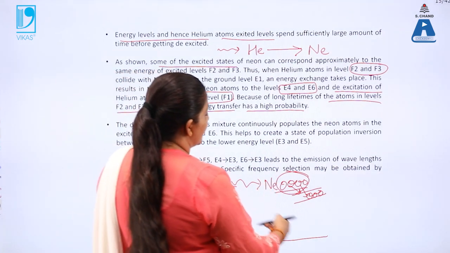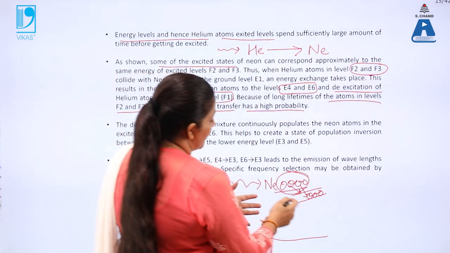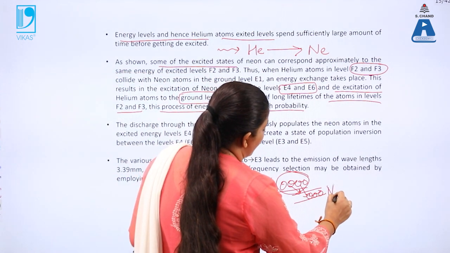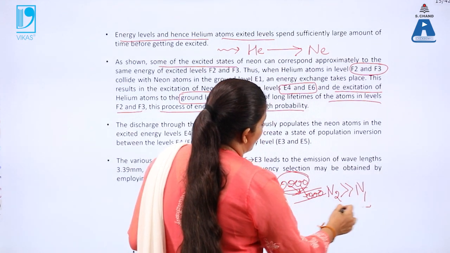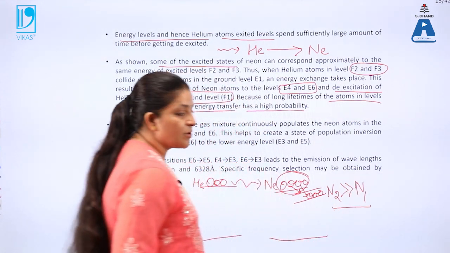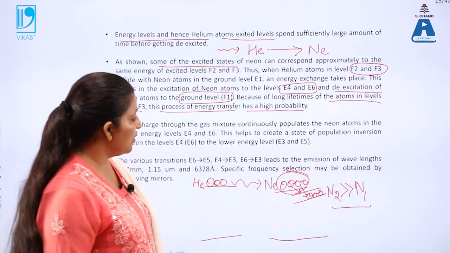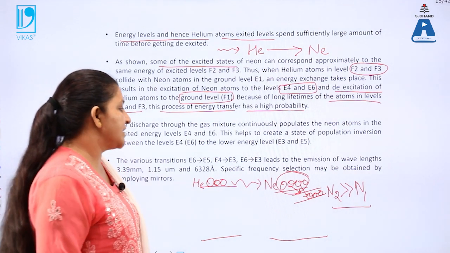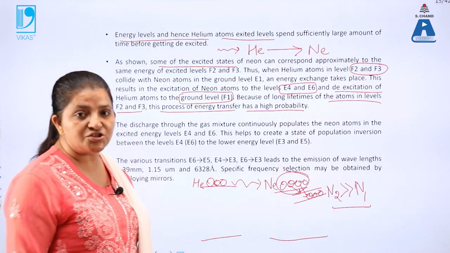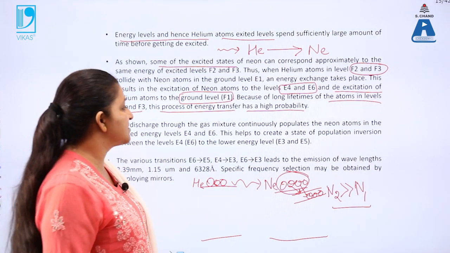So this is known as population inversion, and due to this the number of atoms N2 is very much larger than N1. What is N1? That is the number of atoms present in the ground state. What is N2? The number of atoms present in the excited state. Here the excited state, that is a higher energy state, can be level E2 or E3. What is E3? That is a metastable state.